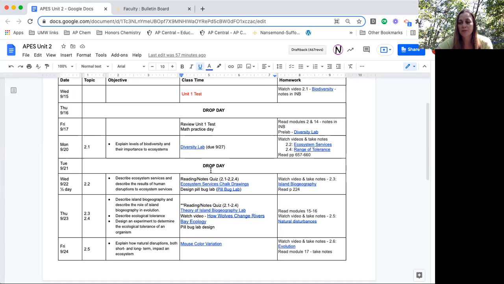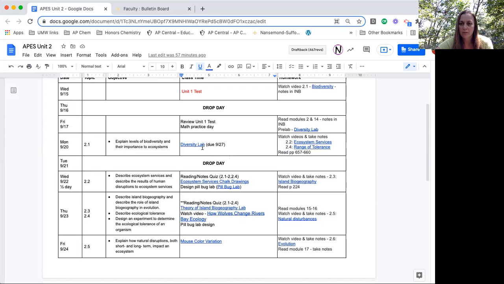The flipped classroom does require some commitment from our students. They have to take some ownership of their learning and of what it is that they are being asked to do at home. Because if they're not prepared, if they don't know the vocabulary when they come into class, then it's really hard for us to take that to a deeper level of understanding.